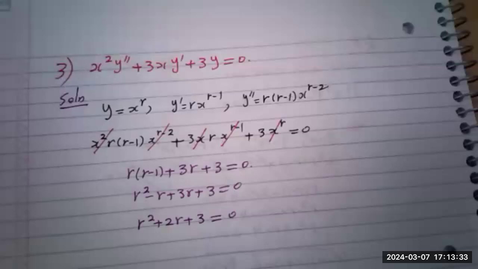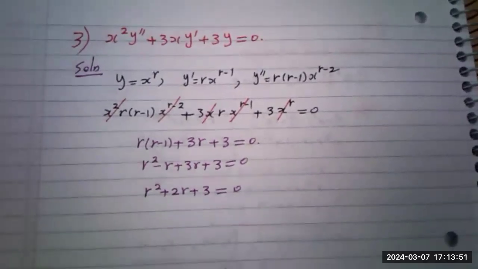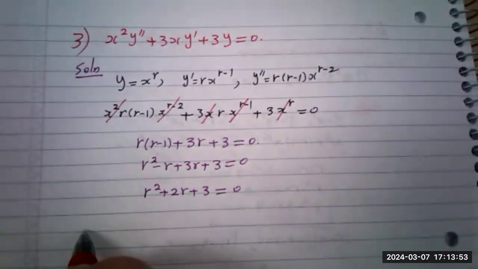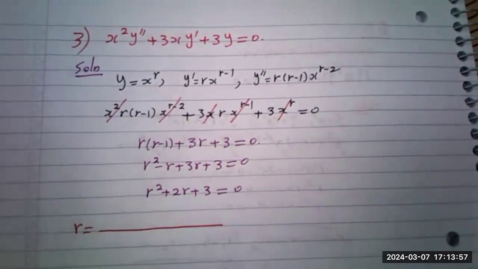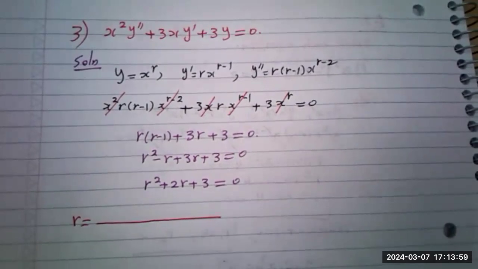It's not factorable. There are no two numbers with a product of 3 and a sum of 2. So we use the quadratic formula to see if the solutions are going to be complex. When you're ready for it, you may have to use the formula. So r is equal to, I'm going to use the quadratic formula, negative b plus or minus